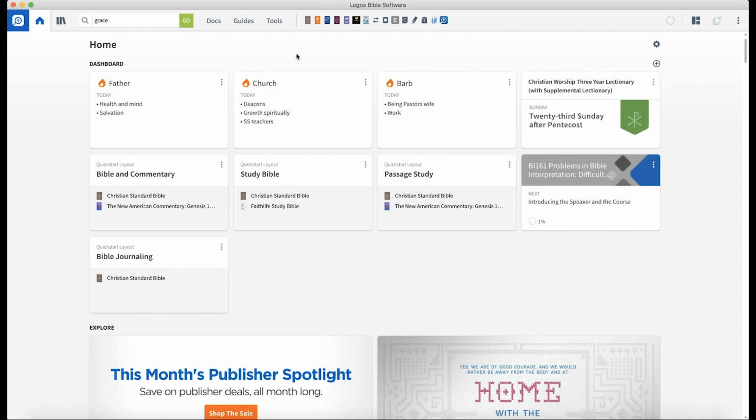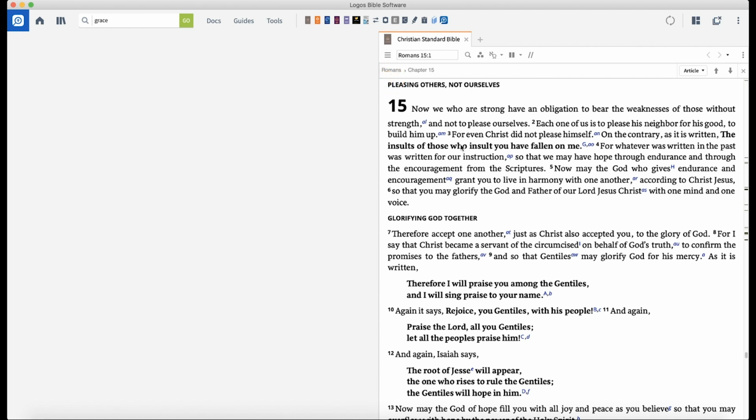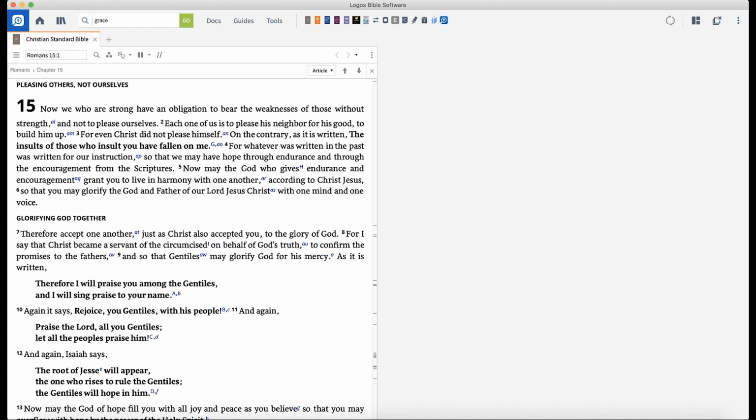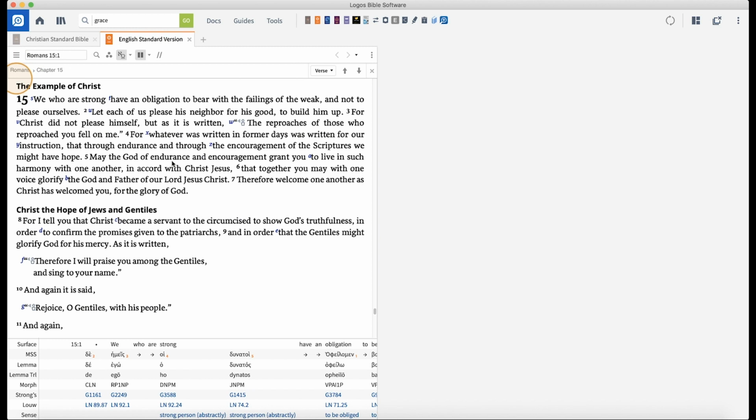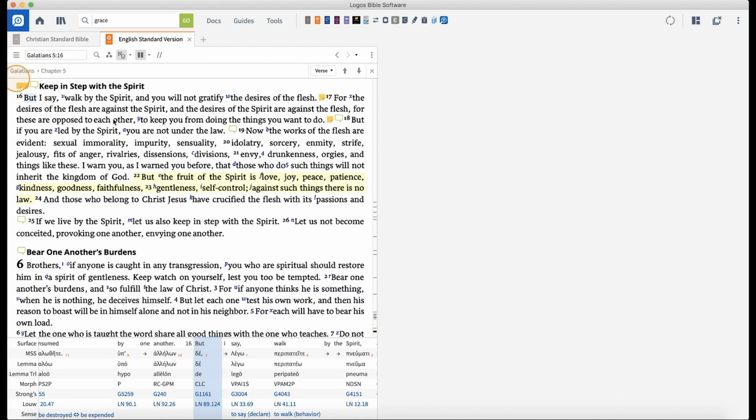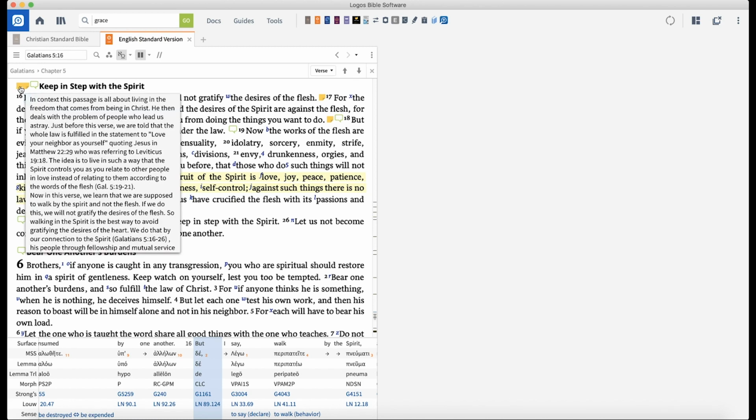Now, I have my copy of Logos set with all of these customized links up here at the top window, and so I'm going to click on one to open up my Christian Standard Bible. It always drives me nuts that it puts it in the left-hand column, so I almost always move it over here. By the way, if you want, you can just drag and drop and put it there. I know that I have recently studied Galatians 5:16, and so it has some notes,